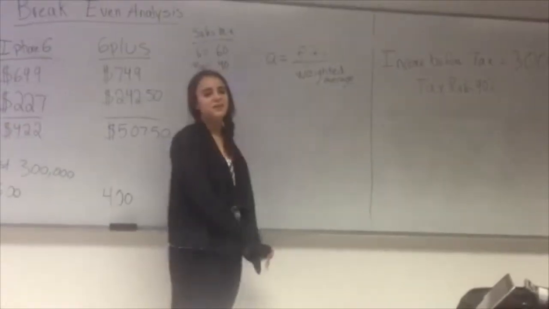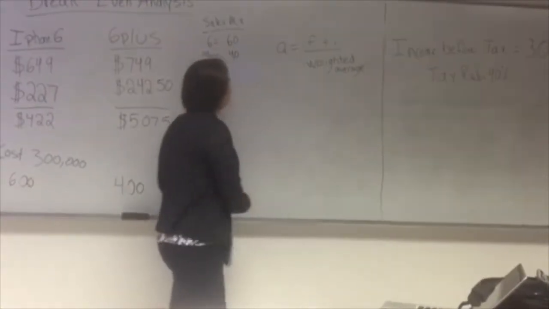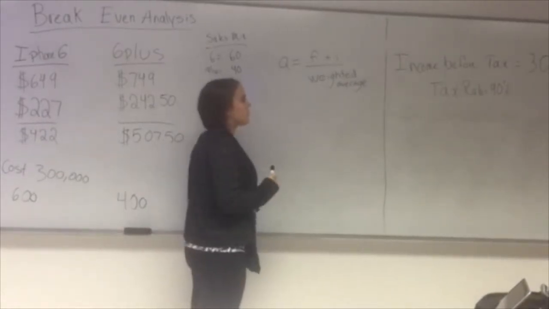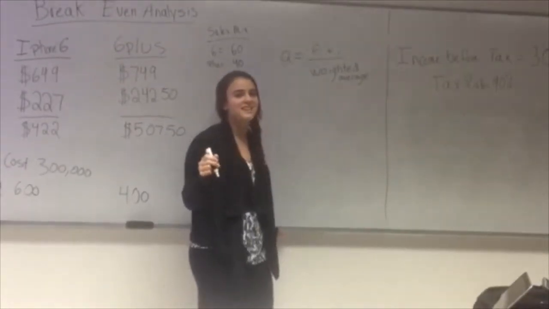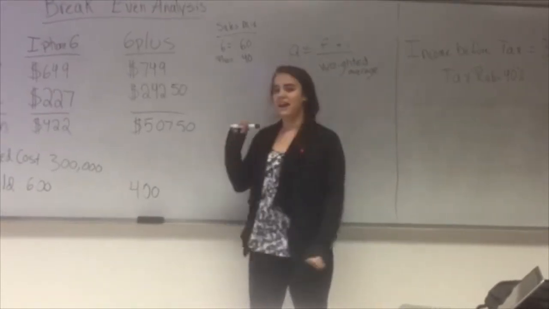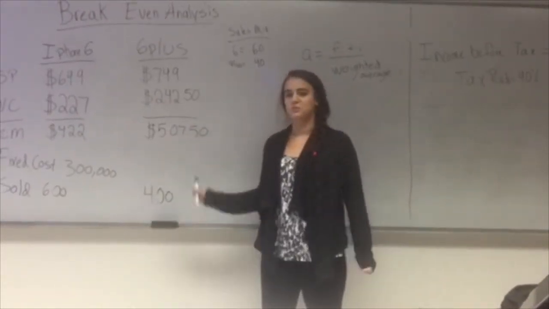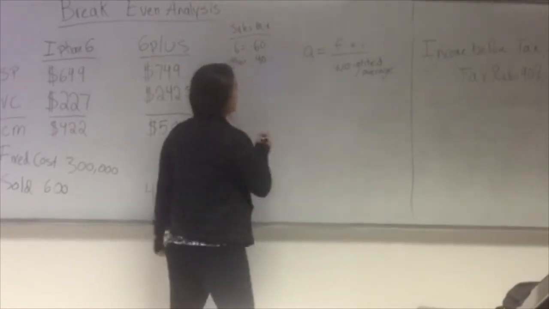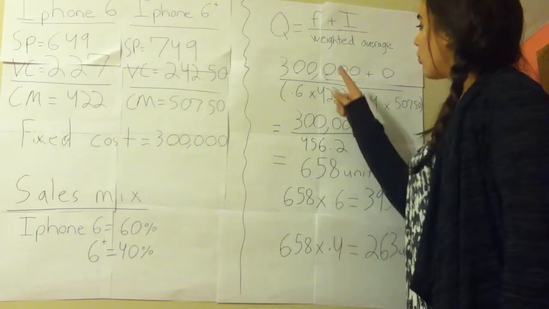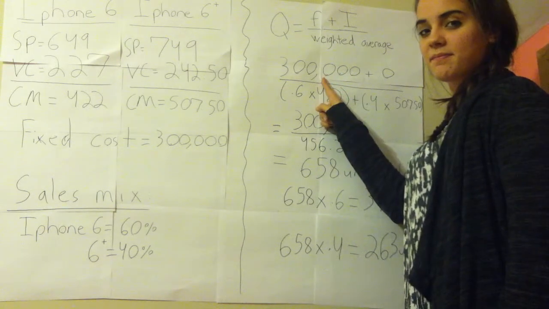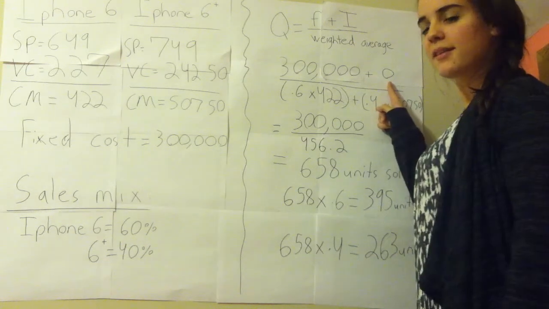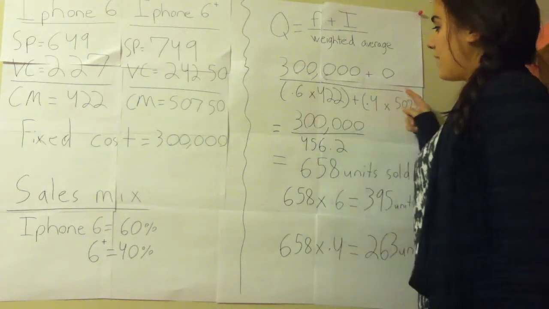So now I'm going to teach you how to do the break-even point. So what you do is you take this equation, which is fixed cost plus income before tax, which is your break-even point, divided by your weighted average. And you do the weighted average because you have two products instead of just one. So what you do is you take your fixed costs, which are $300,000 plus 0, because you want it to break even, so it would be 0, divided by